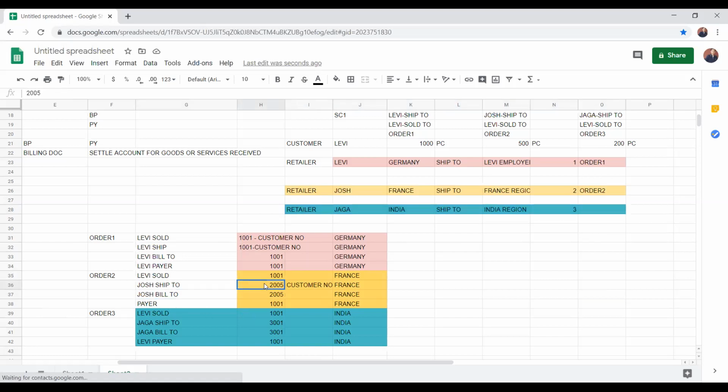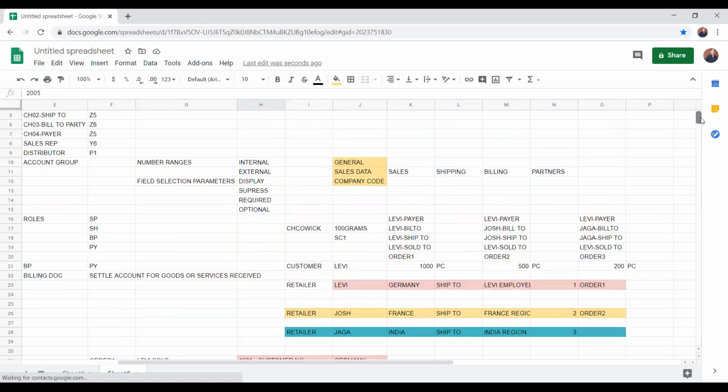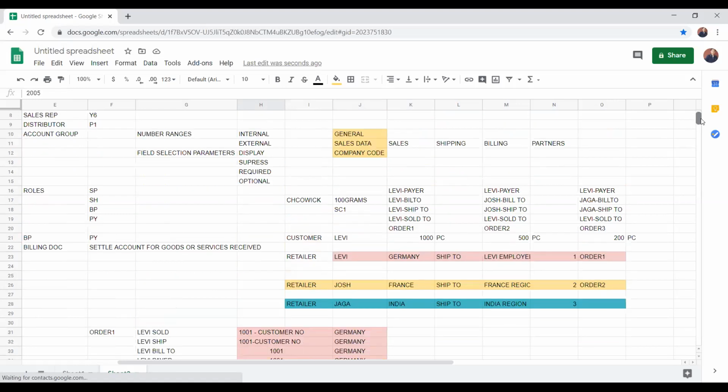Only the partner number differs. The person who receives ship to and bill to differs. Now you understand this example. Is there any complication in understanding it? No, I understand.